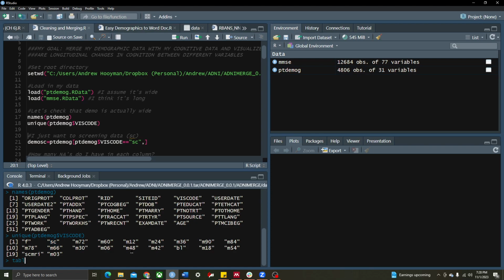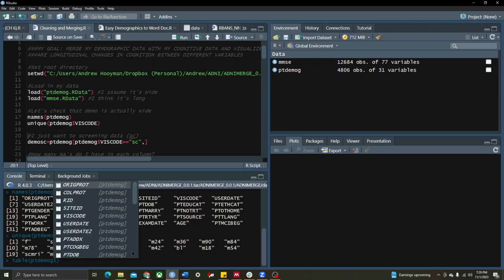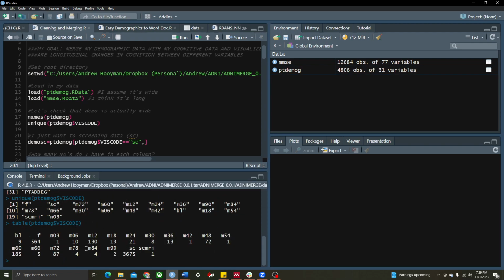I can just quickly do table PT in this code, and then it will tell me which one I have more of. So in my screening, let's see, it'd be an SC, I have many of those. It looks like I have about 3,675 individuals in this data set, whereas my baseline only has 9. So I'm already beginning to see that perhaps this isn't going to be a super clean data set